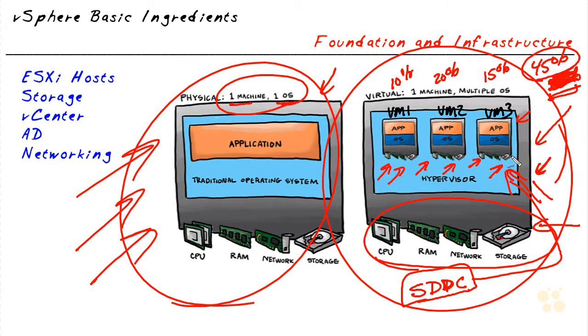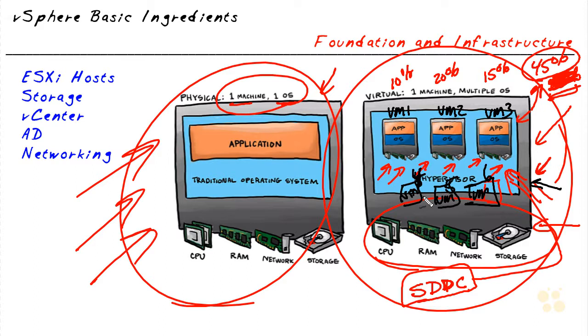So we're now using 45% of the resources on this ESXi host with a hypervisor running. And if we wanted to add more virtual machines, we could, because we have more resources that we can still deliver. So maybe we decide, okay, let's add another virtual machine here. So we have, for example, VM4 and VM number 5 and VM number 6. And at the end of the day, we're going to get better utilization of the equipment, the CPU, the memory that we have paid for,